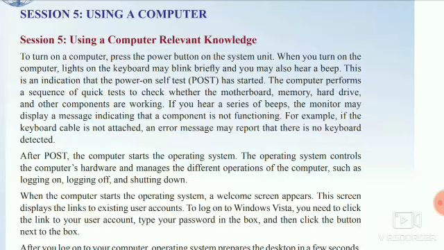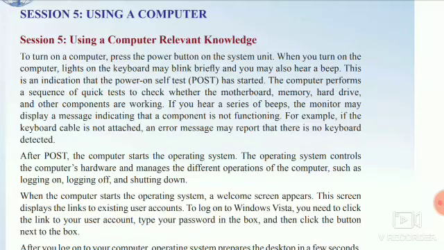As you saw in the video, to log on to Windows Vista, you need to click the link to your user account, type your password in the box as I typed, and then click the button next to the box. In Windows 10 there is no need to click on the next button.